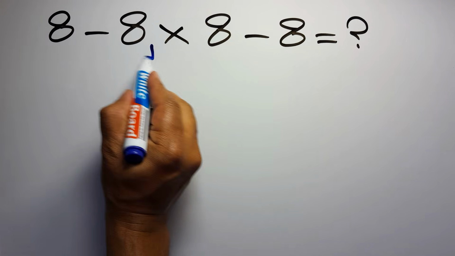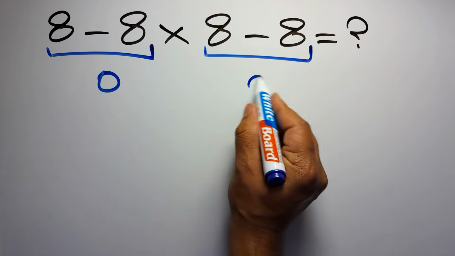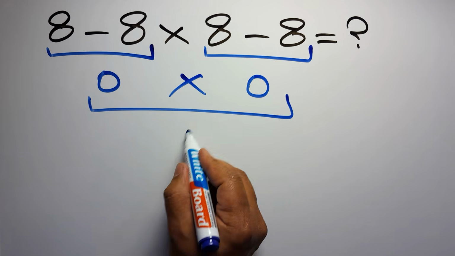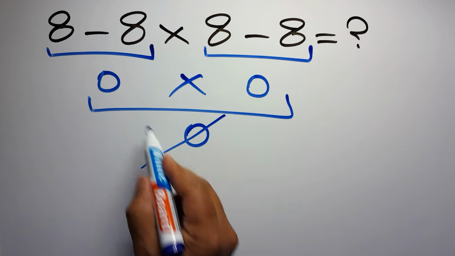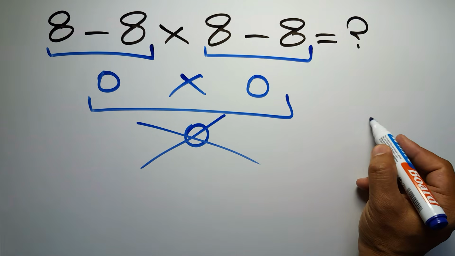8 minus 8 gives us 0. And again here we have 8 minus 8. So 0 times 0 equals 0. But this answer is not correct because according to the order of operations, which is PEMDAS,